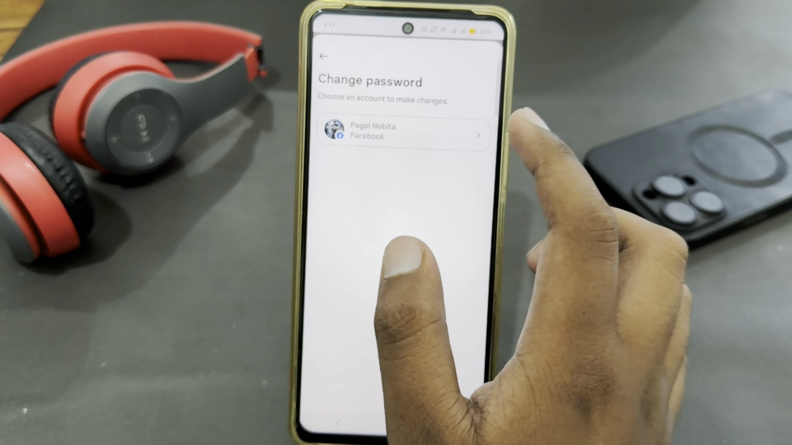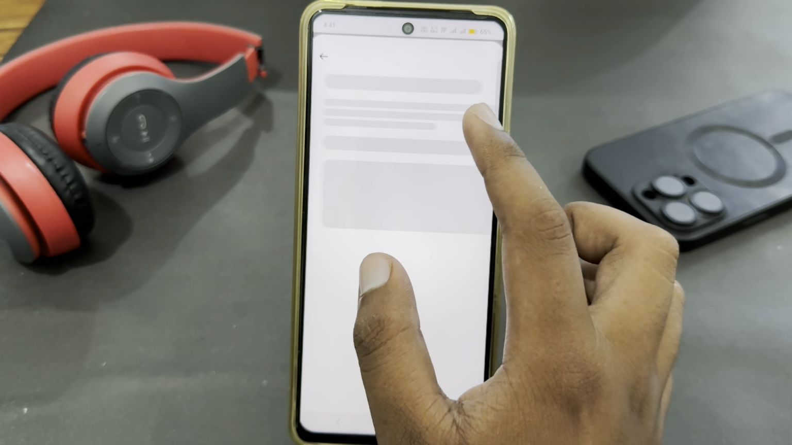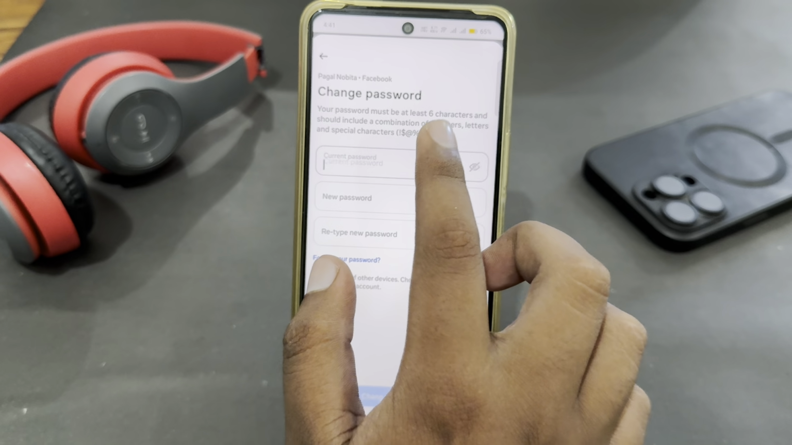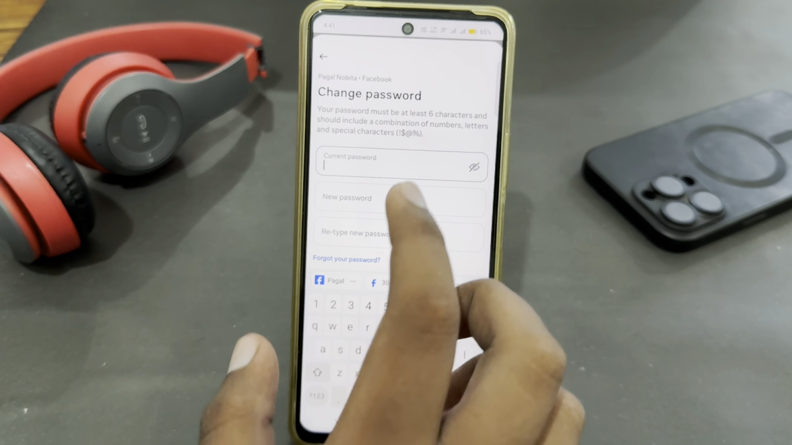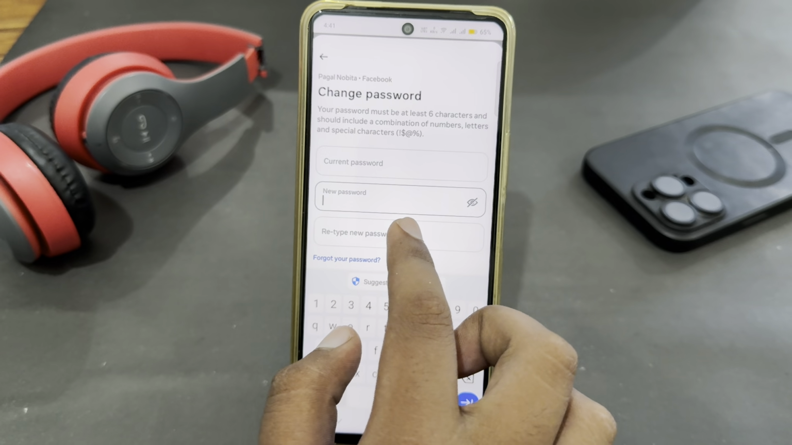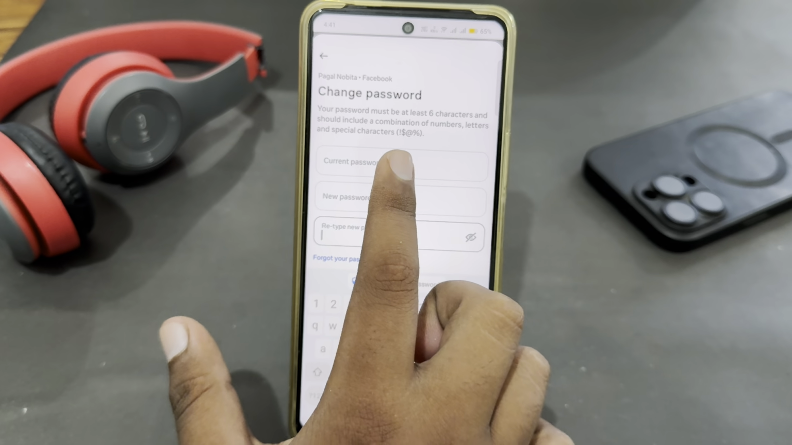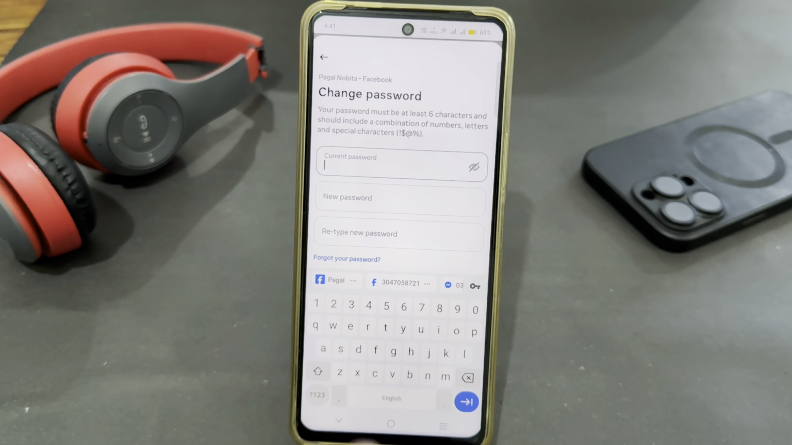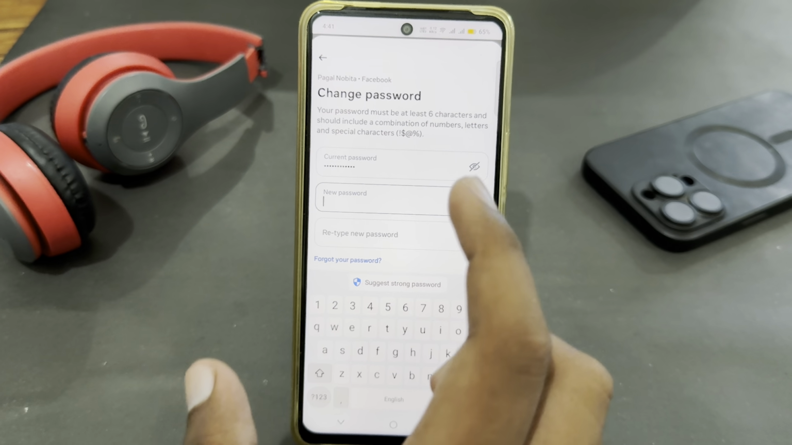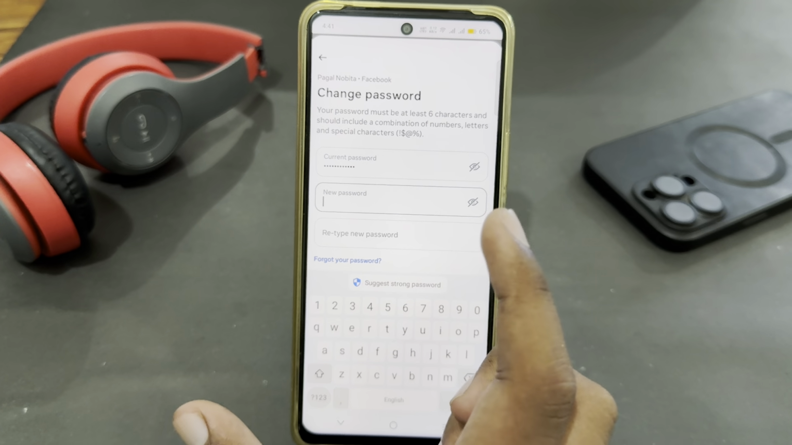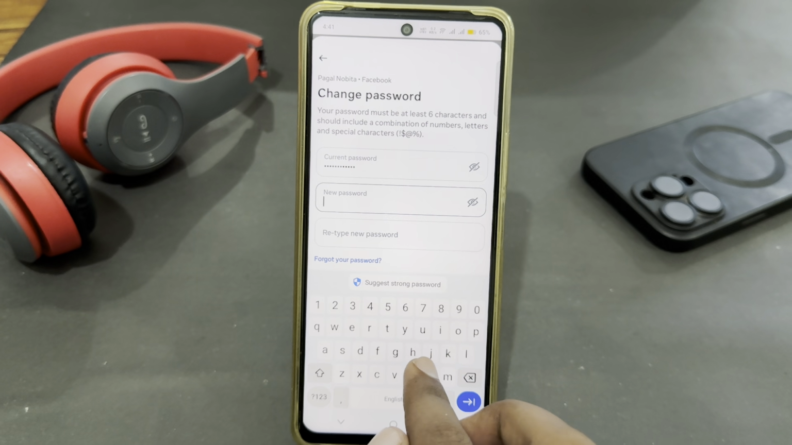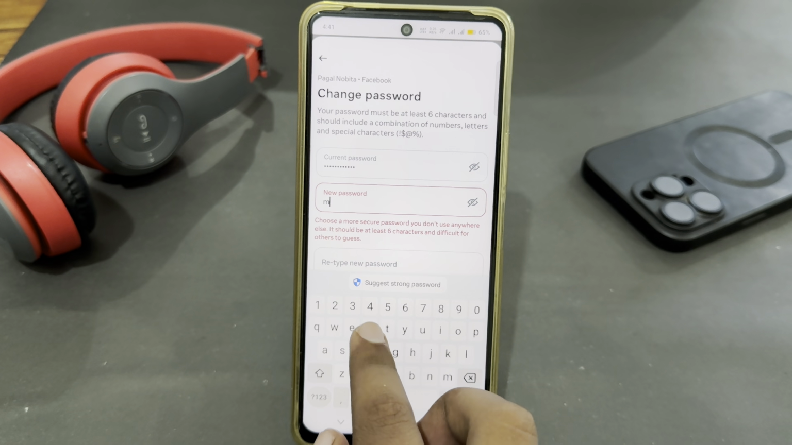Just tap on it. Here select your Facebook account and enter your current password, and then tap on new password and after that re-type your new password which you want to set. First you have to enter your current password and after that you have to enter a new password which you want to set, as I'm going to set